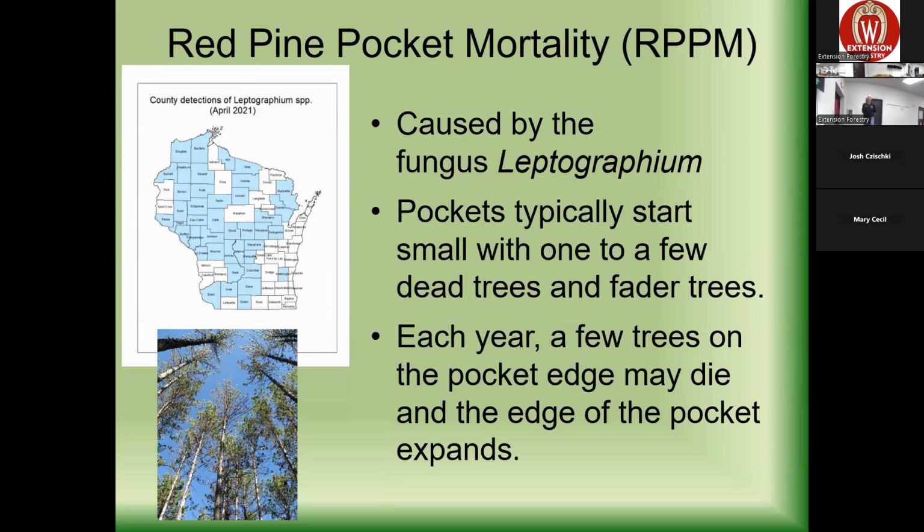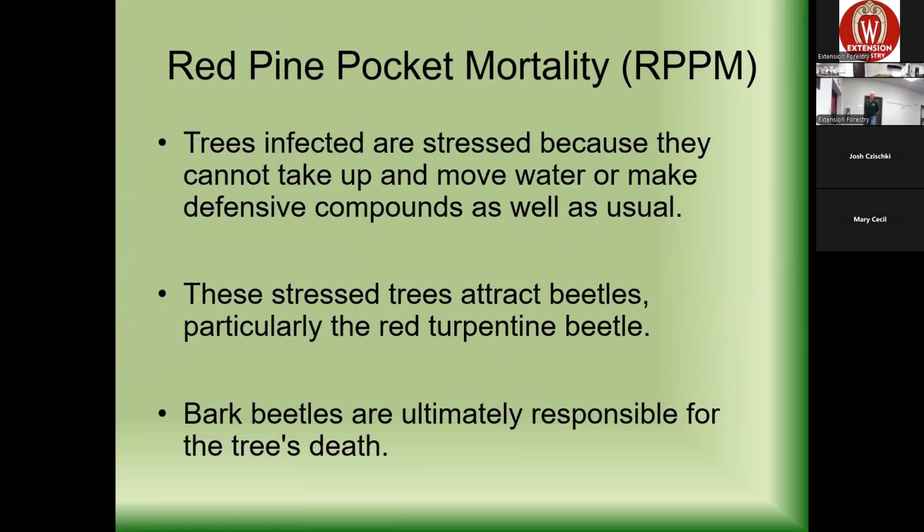The pockets usually start out small with just a few dead trees, and then trees that look like they're just not 100% healthy, called fader trees. And then each year, the pocket just gets a little bit bigger. A little, again, sort of like oak wilt. So the trees that get infected by this